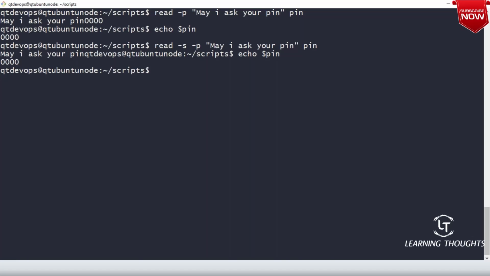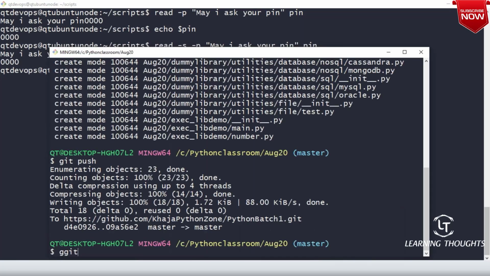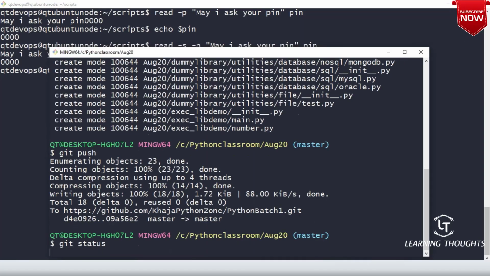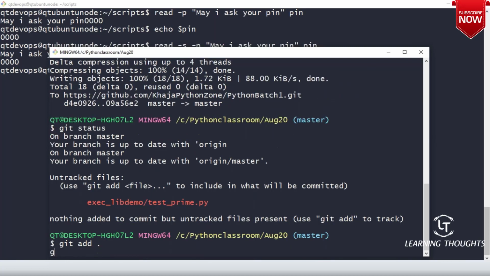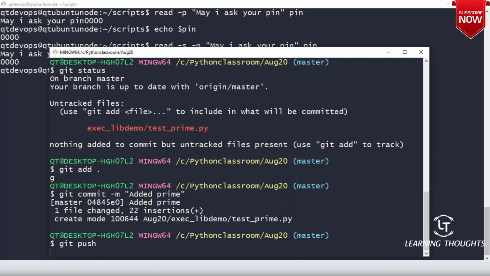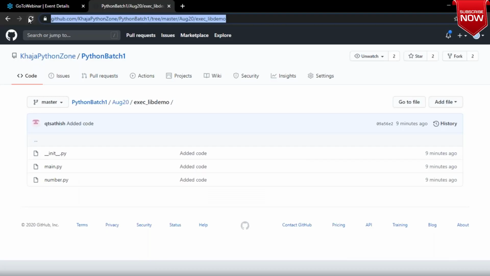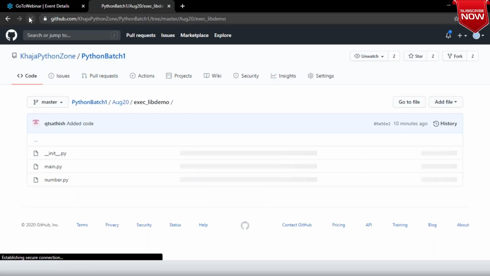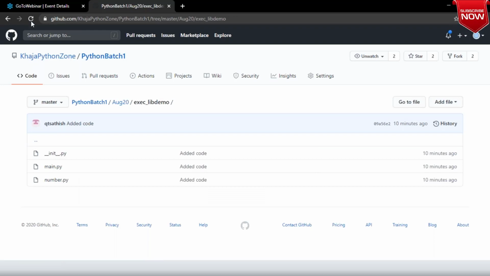Let me also commit this. Git status, git add dot, git commit -m added prime, git push. We should be seeing prime.py over here in no time.